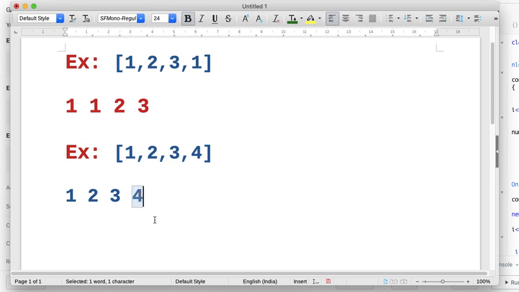Or I can do it with the previous element as well. I can start from here and go on comparing with the previous. This is different. For this, the previous is different. For this, the previous is different. But for this one, when I say here, the previous element is the same, so I will be returning true. This is one way of doing it. If they tell you that you are not allowed to use any extra space, then you can do this. It takes n log n time, but no extra space. So that is one way.